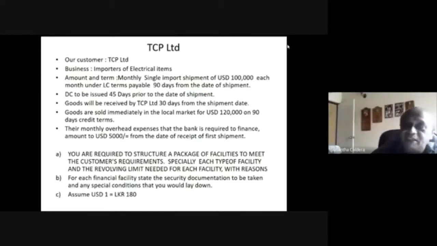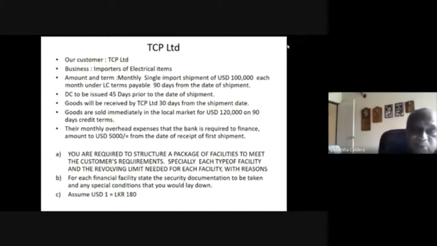That is the way, not by me, everywhere, even in London or Paris, when we are doing these type of facility structures, these are the assumptions we are taking. These are assumptions, right? Okay, we assume that the goods and documents are received 1 month from the shipment, and